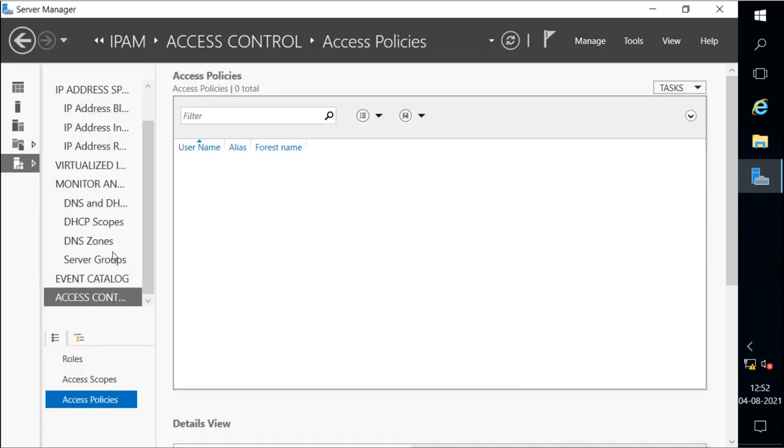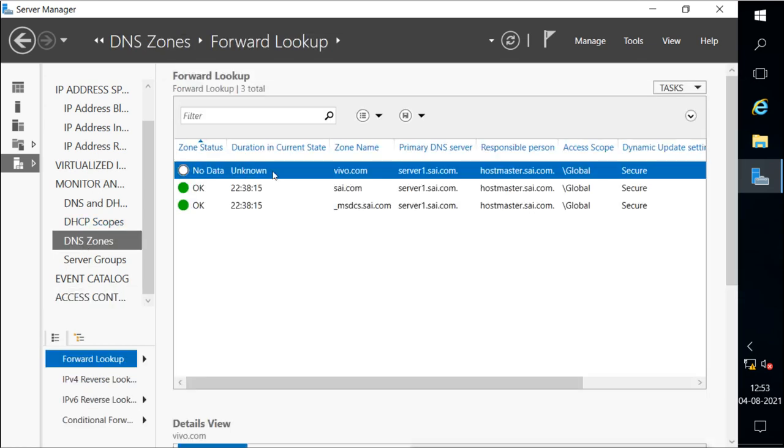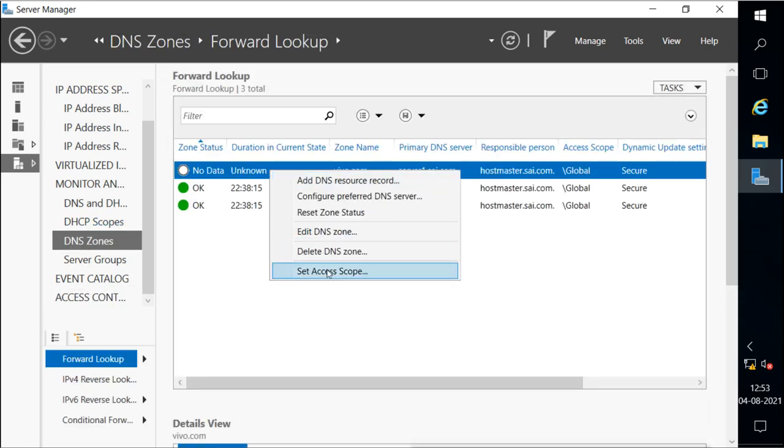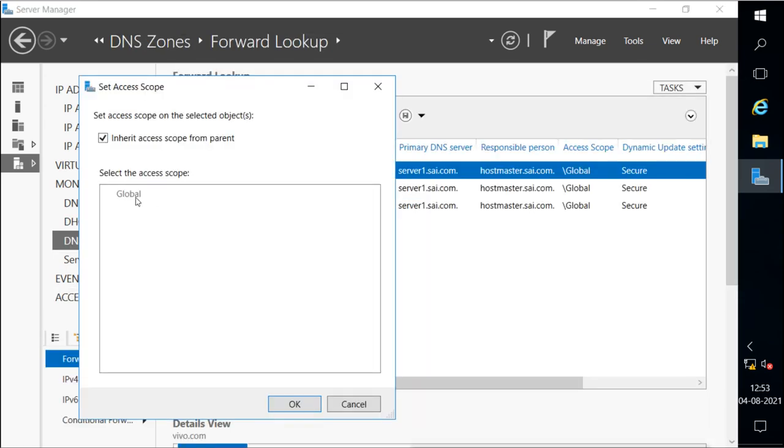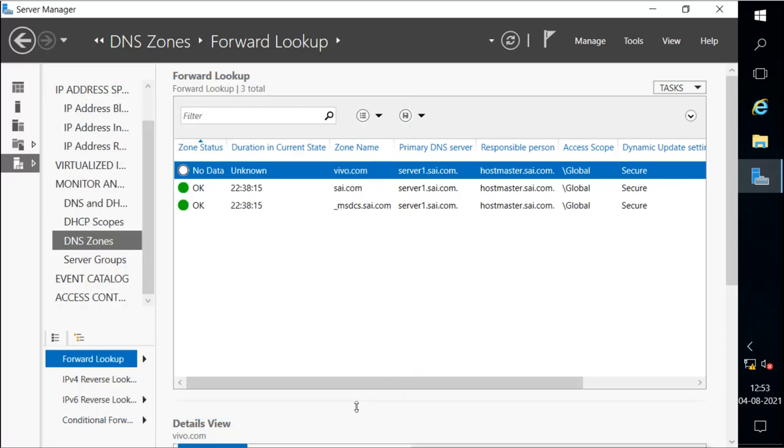On those zones, we can right click and set the access scope, and from here we can select which access scope we created. Right now we have not created one, but when we create it, it will show here. By this we can manage access control on the IPAM server for the users or groups, who can do what and manage and access this IPAM server.